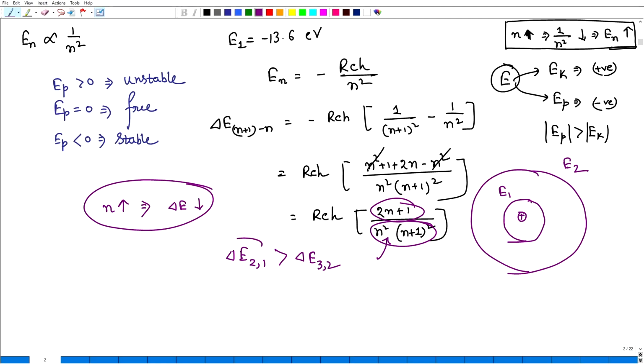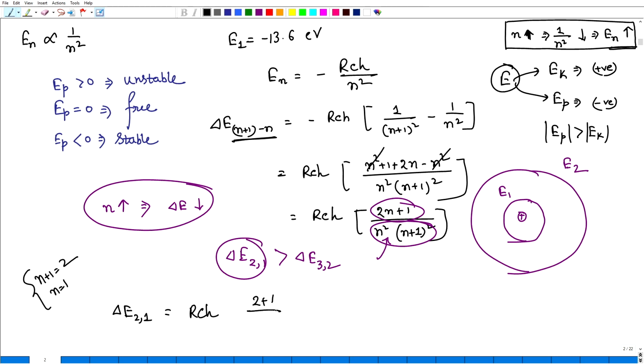Welcome back everyone. In the last part we were discussing the delta, that means the energy between successive energy levels, which decreases while n is increasing. Let me do that explicitly. Let us consider delta E from 1 to 2. Here n is 1, because this formula is for n plus 1 minus n, so n plus 1 is 2 and n is 1. Then that will be R_CH and it will be 2